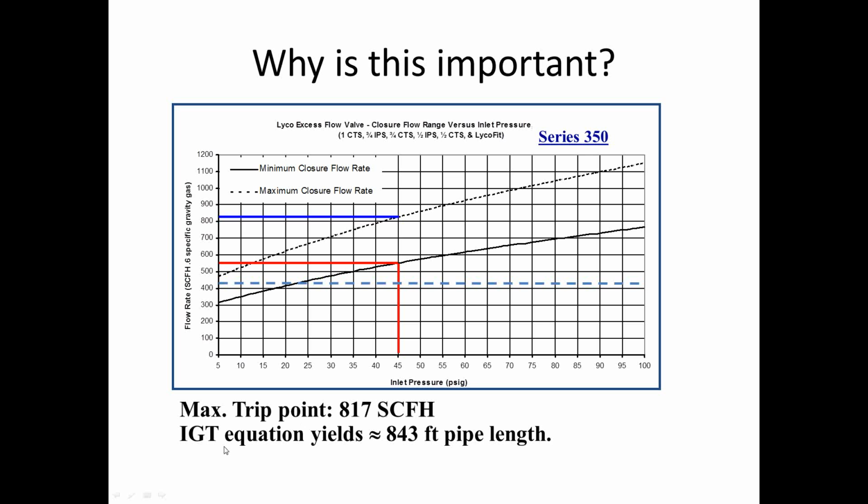worst case. So if we take an equation like the AGT equation, it would yield about 840 feet of pipe length that we could protect at the half CTS service with this Series 350, even tripping at that 817 standard cubic feet per hour. So on the surface, this looks pretty good. We've got great cushion here between the minimum trip point and the anticipated load. We've got plenty of service line length that we can protect. But